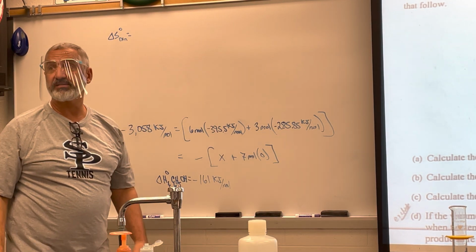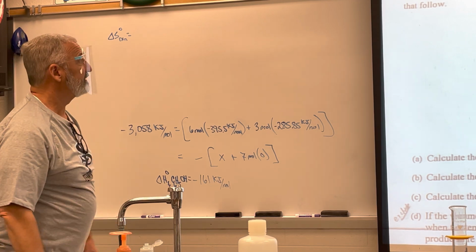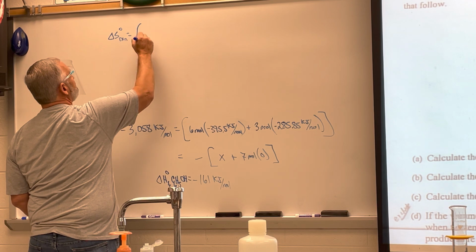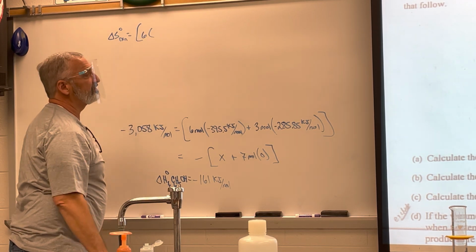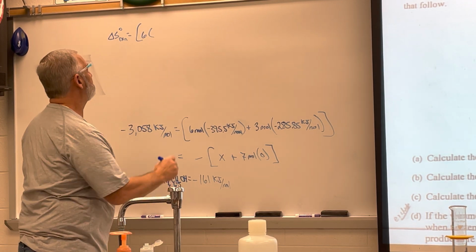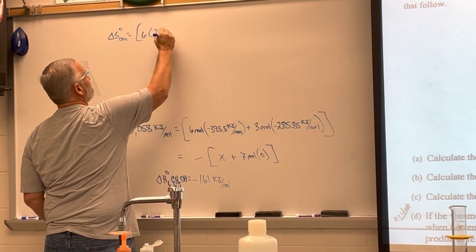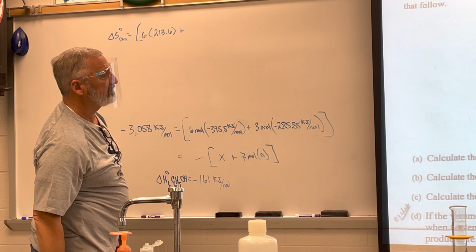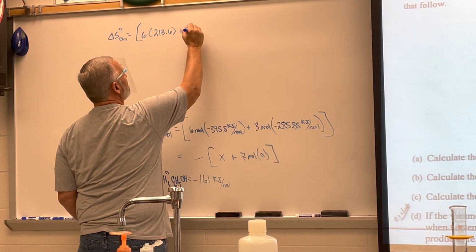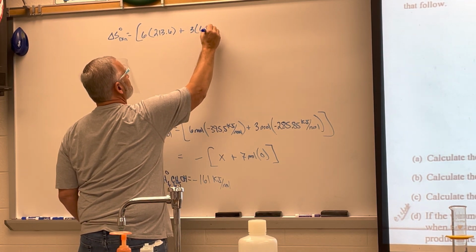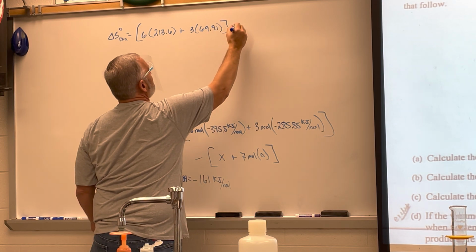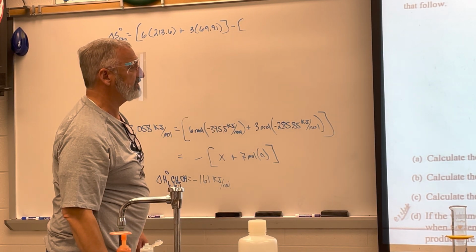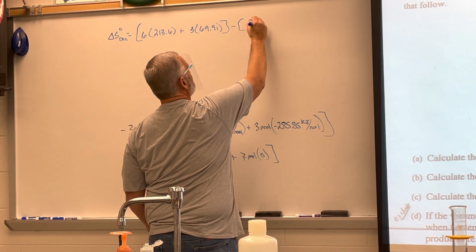Products minus reactants. Okay, so we're going to go 6 times, I'm not going to use units on this one, 6 times CO2, 213.6, plus 3 times H2O, 69.91, minus 1 times C6H5OH, 144,